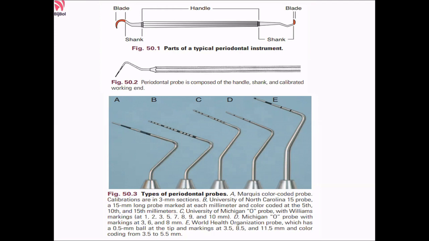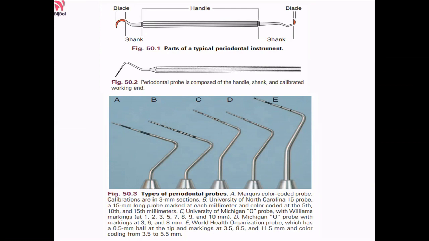Okay. Getting back to instrumentation, probes. Different types of probes. Can you all tell me, other than the universal probe that you use, what other types of probes you know? Neighbors probe. Neighbors probe, okay, that's used for the furcation, right? Next, anything else? You recently completed, CPI probe. Very good, CPITN probe.